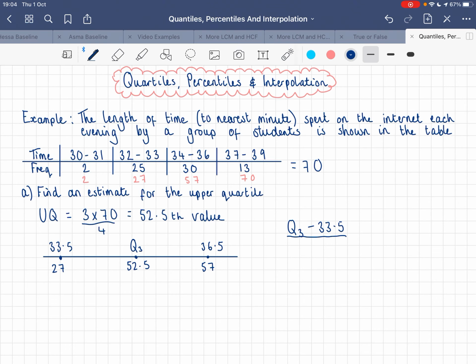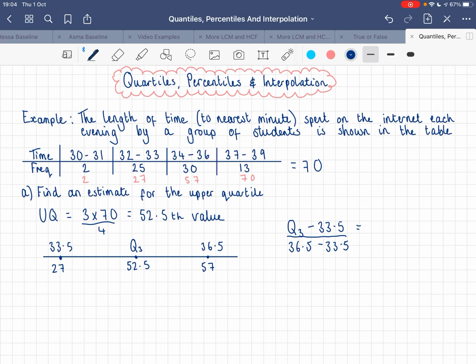To say we are, say, 2/5 of the way through this interval. We would find the difference between the beginning of the interval and where we actually are, and divide it by the total size of the interval, which in this case would be 36.5 minus 33.5. So it's the difference between the upper boundary and the lower boundary. And then we can put that equal to the fraction for the frequency,